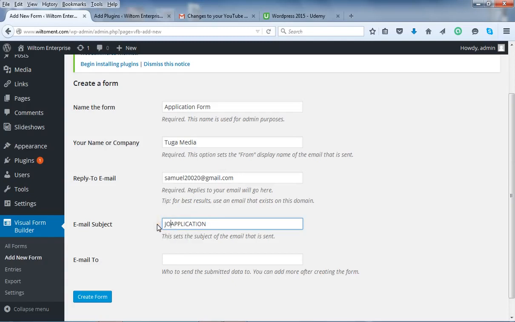Job application, for example. This says the subject of the email that is sent. So depending on what type of form you are creating, you set the subject here. Then it says email to who to send the submitted data to. That's very, very important. It's very important because